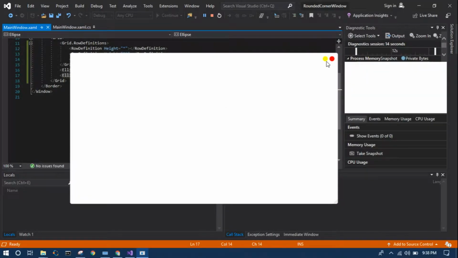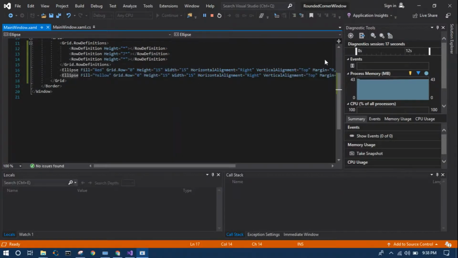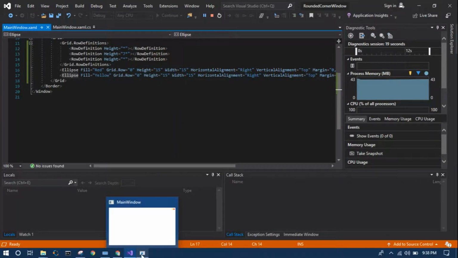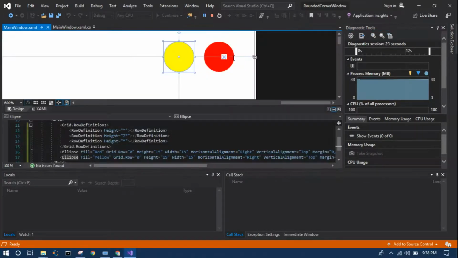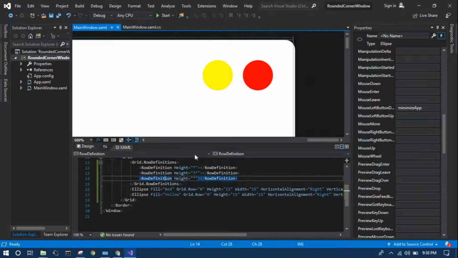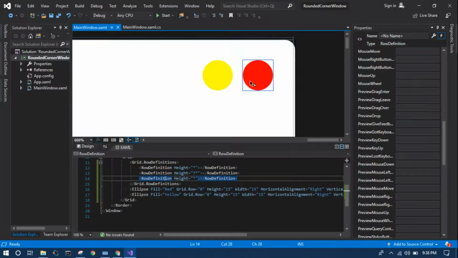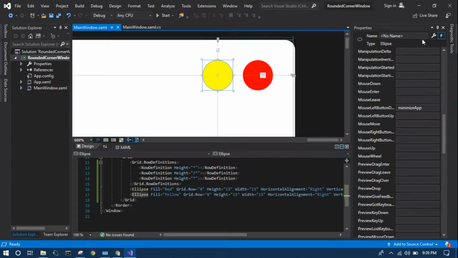So when you press on the yellow ellipse, it goes to minimized state, and when you press on the red, it closes the app. But the user doesn't see any indication whether he is going to do any action when he clicks on the buttons or the ellipse, because if you see over here, it highlights and it says minimize, it says restore down, it says close. So what we can do is we will set a